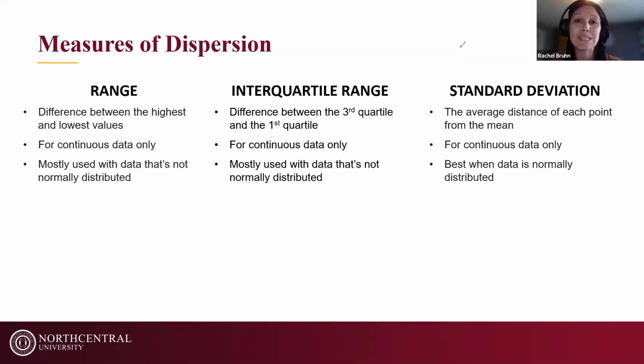Again, we want to use this when we only have numbers, and we want to use it with data that's probably not normally distributed. Again, not that nice bell curve shape that we're going to talk about here in a minute. And then, as I mentioned, with standard deviation, this works really well when we have pretty normally distributed data. And the standard deviation is an average. It's kind of like a mean. And what it is, is the average distance of each point in your data set from the mean.